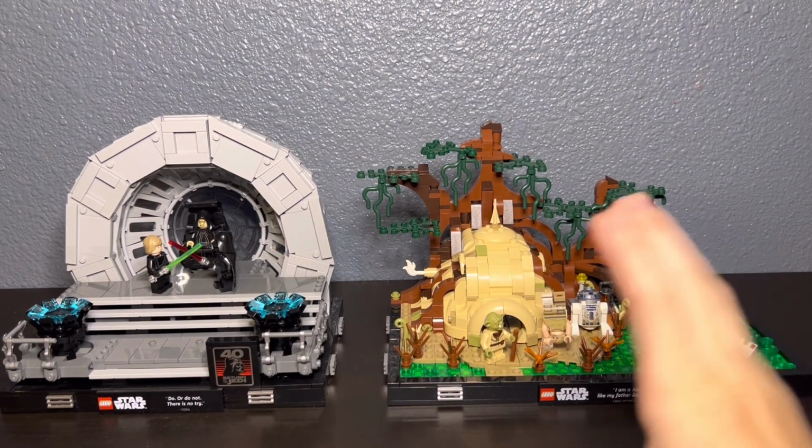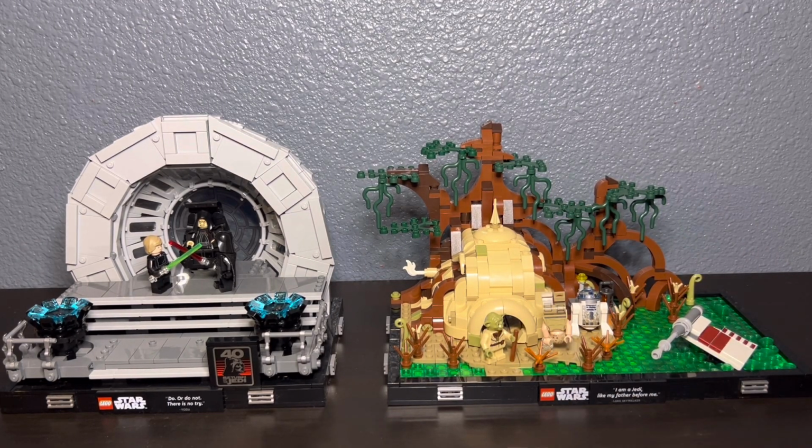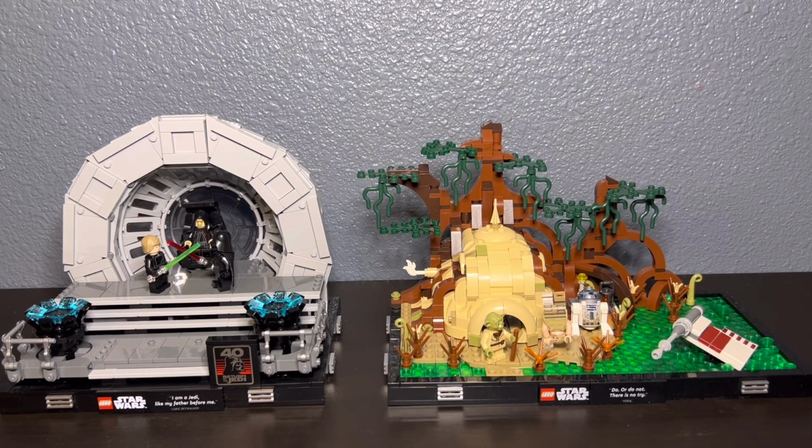And yeah, these sets are all from the original trilogy, and we'll get into more of why they should branch out to other areas later on. Before we get into the future of these LEGO Star Wars diorama sets, it only makes sense to look at the past. So the first diorama style 18 plus set actually came out in 2021, but it wasn't part of